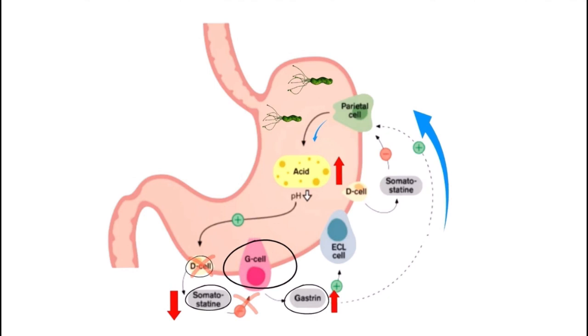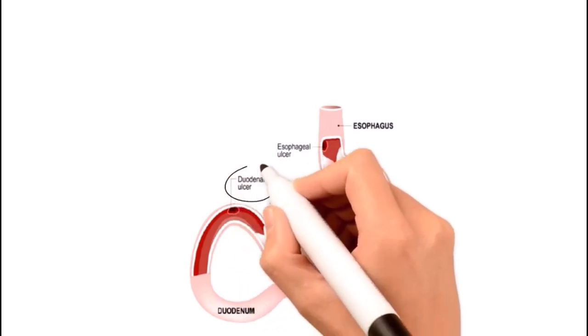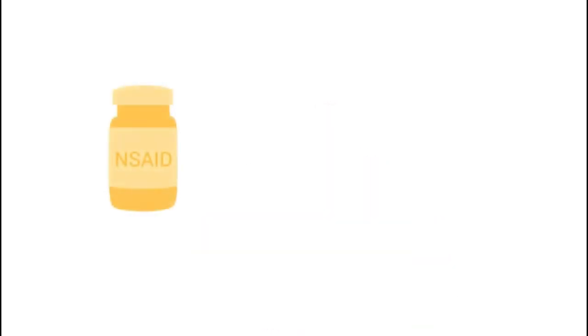Also, you know that the stomach dumps all its contents into the duodenum after digestion. So the same case will happen when the stomach produces more acid. It will dump all that acid into the duodenum. So that's when we get duodenal ulcers. It's also important to know that not only H. pylori but also NSAIDs or non-steroidal